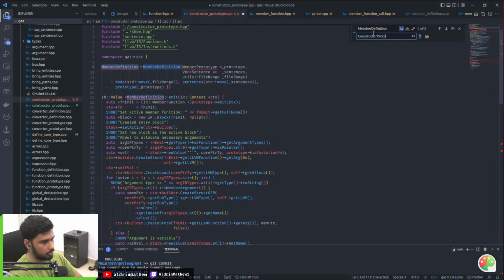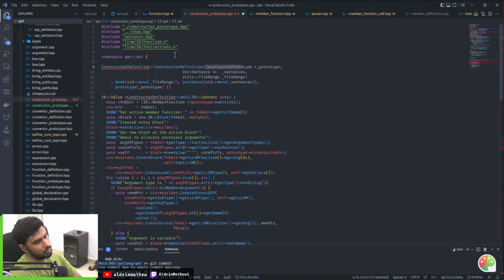Constructor prototype. Oh wait, constructor definition. Okay, member prototype. Constructor prototype. Oh come on, what am I doing?